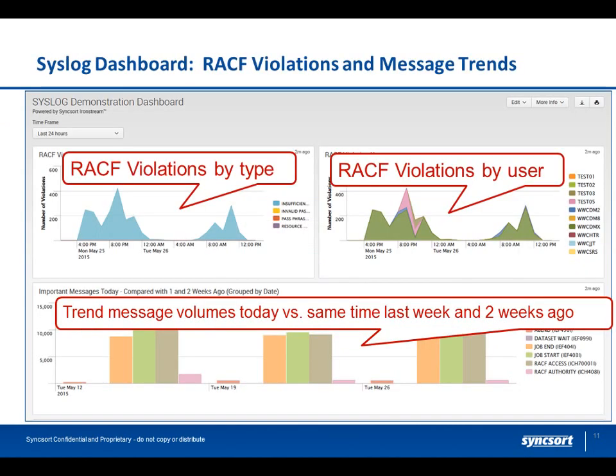So this first dashboard is a dashboard of information that's been collected from syslog data to show RACF violations and record trends. It's pretty simplistic. We're showing RACF violations by type, RACF violations by users, and then the trend of critical message volumes from a point in time today, trending that against what happened a week ago and what happened 2 weeks ago. If you take a look at the 3 pieces of information in this dashboard, in essence, each one of those 3 boxes represents a unique search and a unique report within